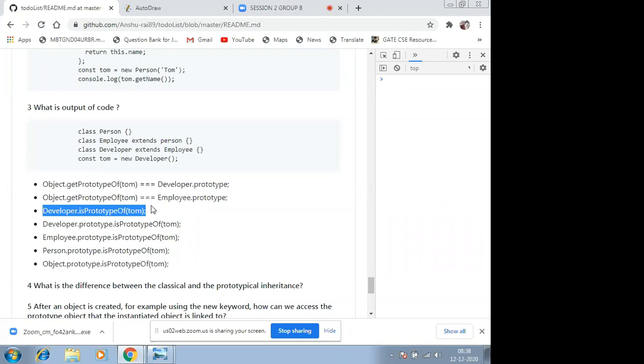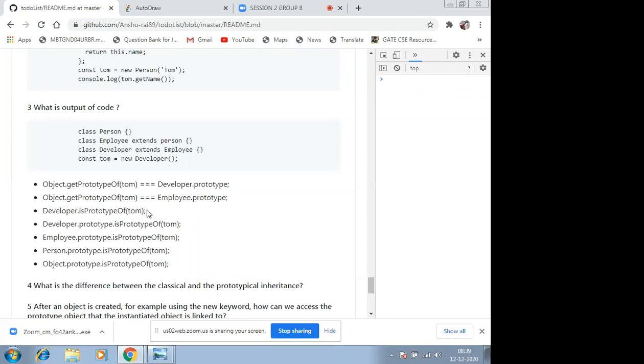Yeah. So let's just come back to this particular question. So what is developer first? This particular thing is a prototype check: the value that I am comparing. It does the same stuff that we are doing right here, right? It is checking, using this particular line of statement, whether the developer object is the same as the prototype of Tom.